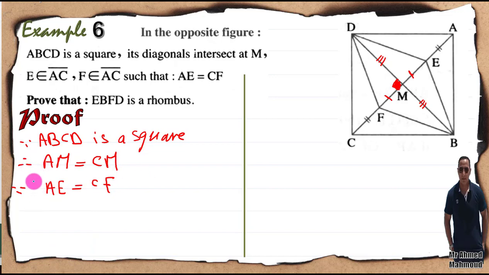How come? By making a minus like this. AM minus AE equals ME. On the other side, CM minus CF equals MF. So they are equal. Now I proved that ME equals MF,